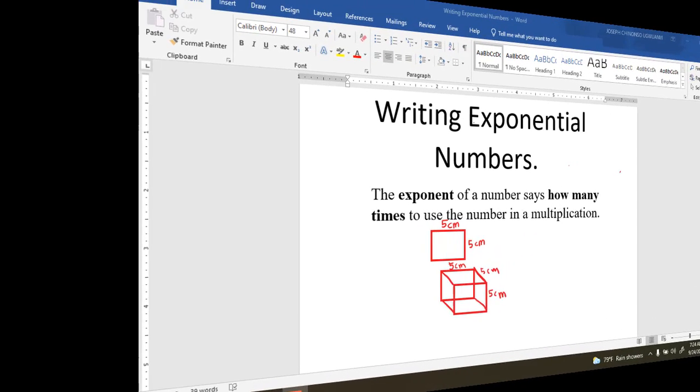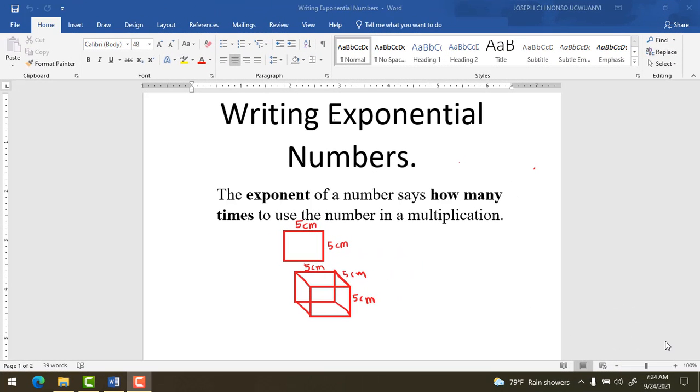Welcome to our lesson on writing exponential numbers. Most of the time, we have to write numbers in exponential form because it is easier to pronounce exponential numbers than to pronounce the meaning one after the other. What do I mean? For example, we have a number written as 8